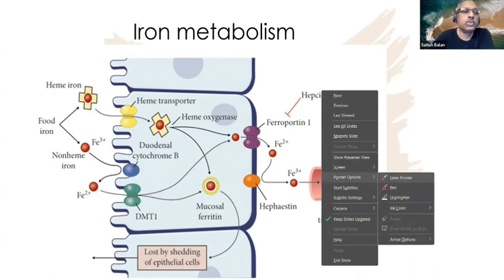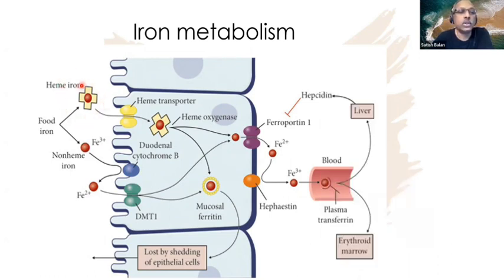Heme iron is exclusively for non-vegetarians. It's not there in vegetarian food. And heme iron is absorbed by a different pathway. There's a heme transporter, and it enters the cell through that and is oxidized by heme oxygenase and then converted into ferrous iron and taken up into the blood. So it's a very simple pathway. It is not subject to any regulation, and whatever heme is there can be absorbed. So it's a good way, but unfortunately, heme is not available in large quantities. Even those who eat meat will not have sufficient